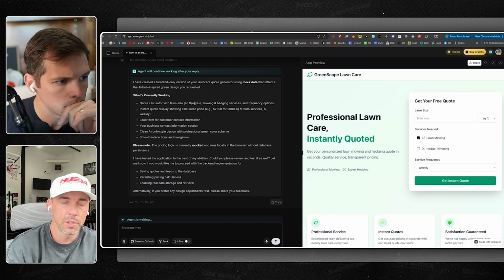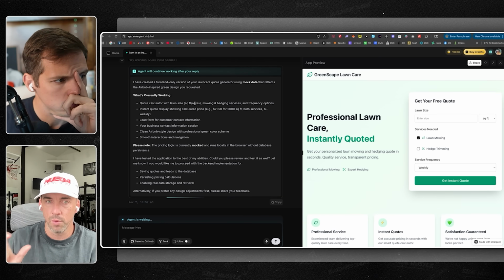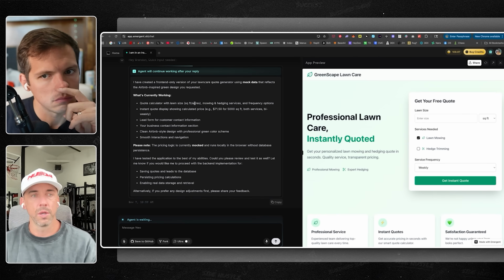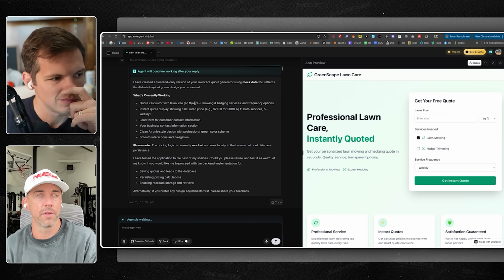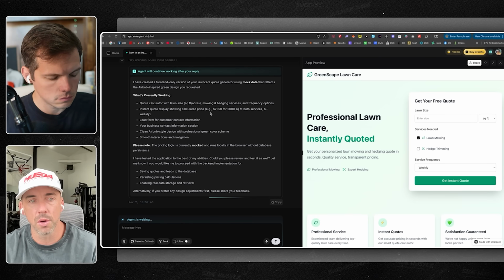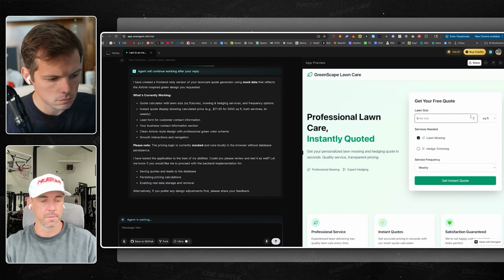And then it notes, which is good because some people kind of forget about this, the pricing logic is currently just with mock data and doesn't have any real thing to go off of yet, because I didn't give it any dollar number of any kind. So I'm going to have to do that, and I'm going to start testing it just to make sure it actually works.